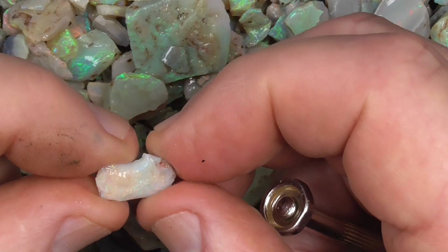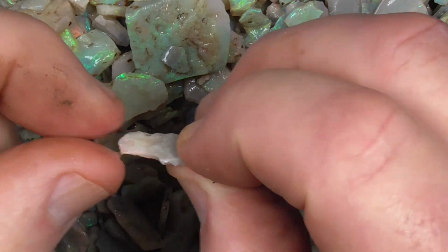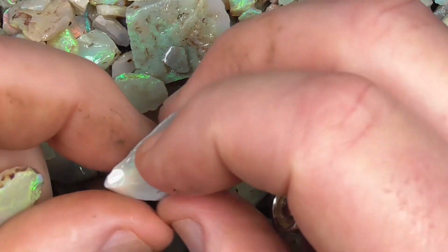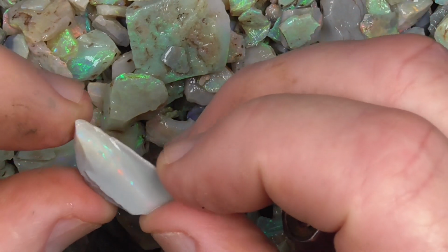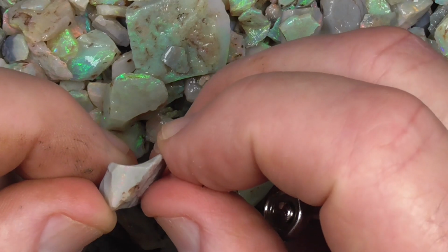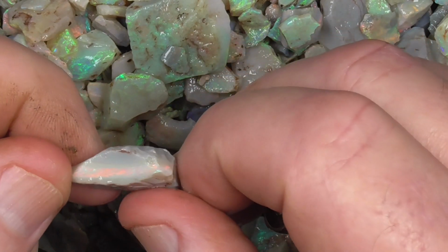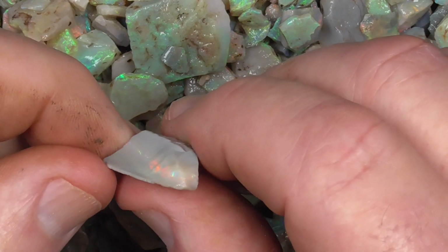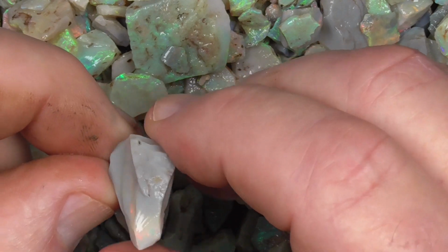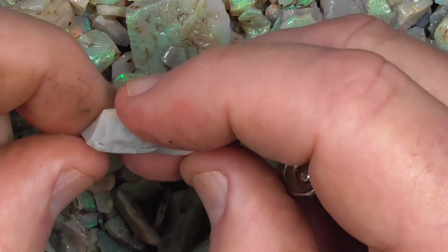Pink, please. Pink and green. Red bar there. It's 20 millimetres long